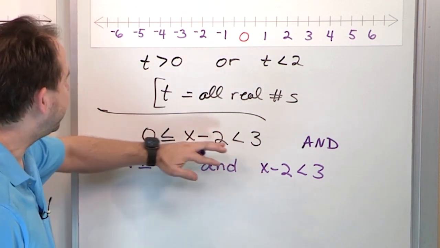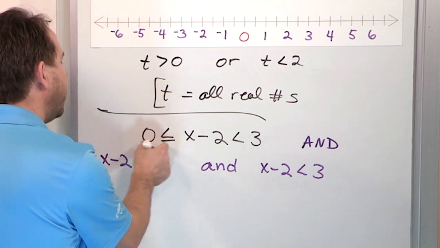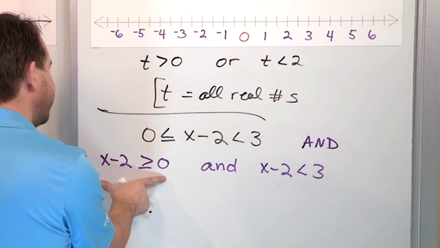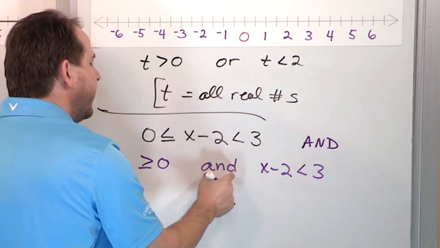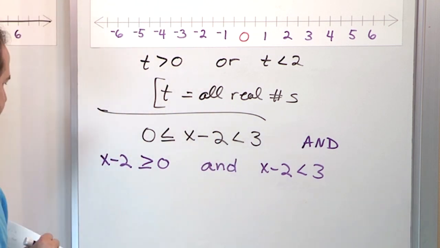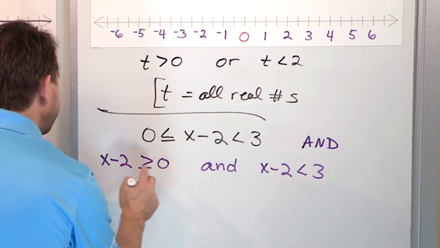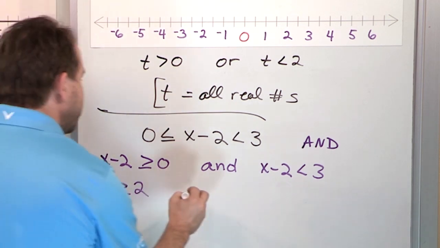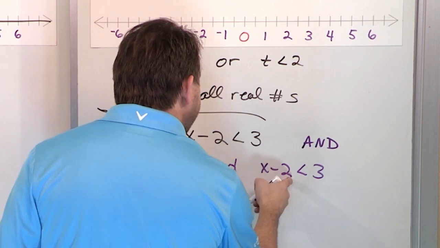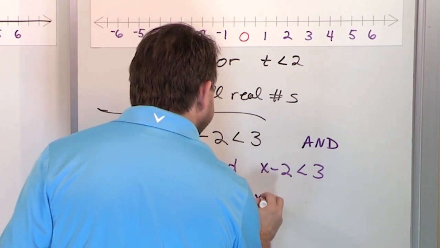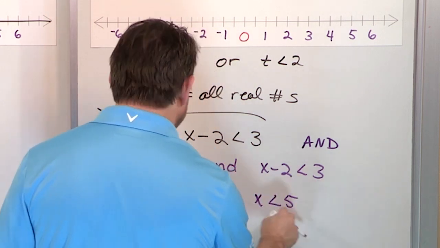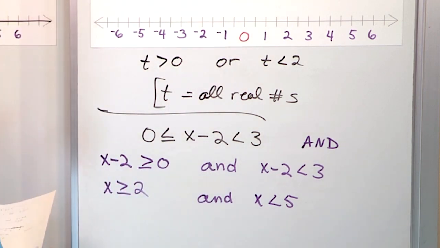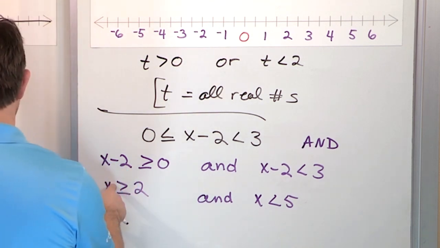You notice it's an "and," that means you can read two inequalities out of it. This direction, here you go, and this direction, here you go, and they're joined with an "and" because of the way it's written. Then to solve it, you move 2 to the other side: just add 2 and add 2, and you add 2 to this side. So you have x less than 5. Add 2 here, add 2 here. So you have x is, let me just double check, x is less than 5,